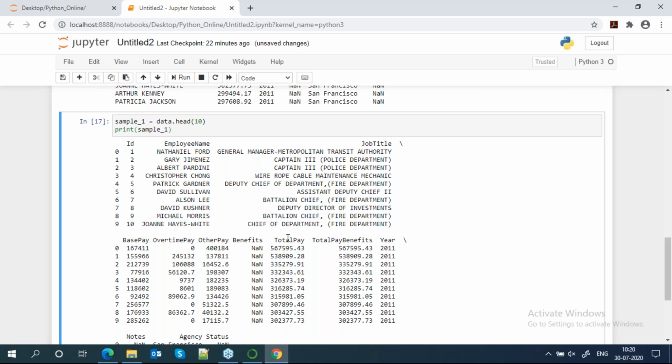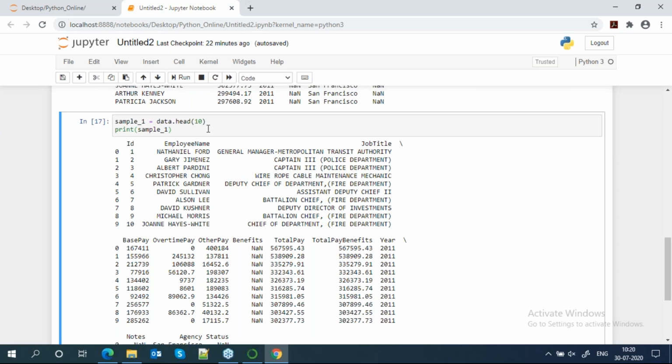We will combine these, base pay, overtime pay, other pay plus total pay. We can say this is my gross pay. We can create a column gross pay with this combination of 4 columns.